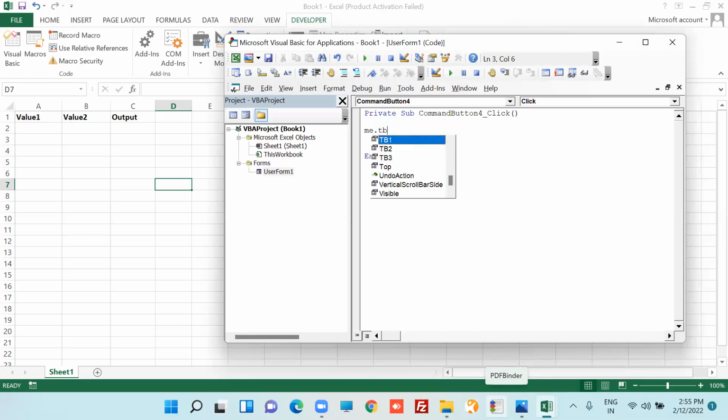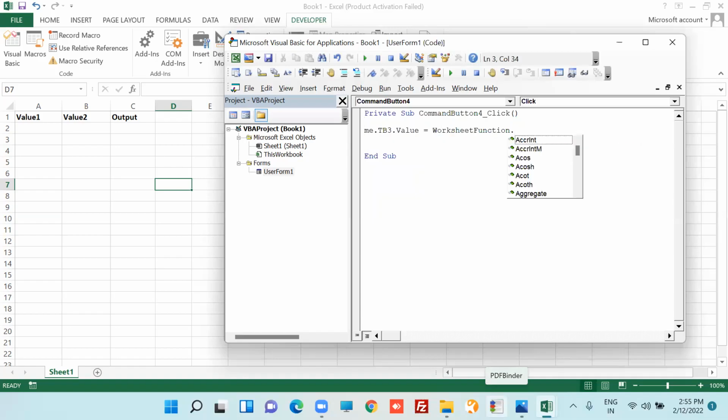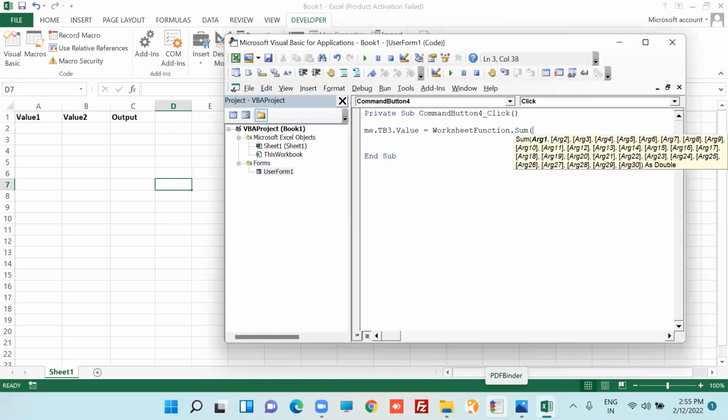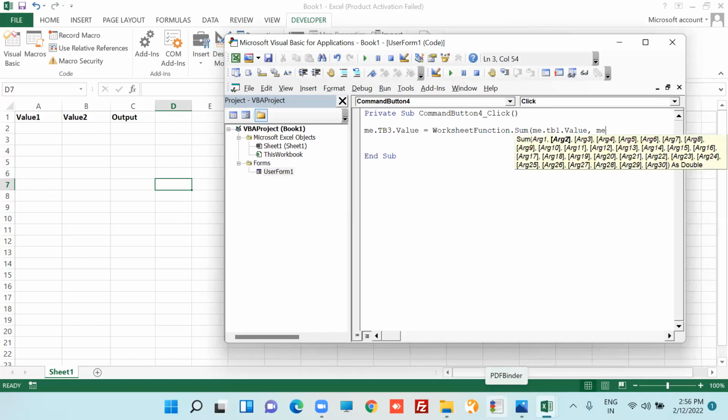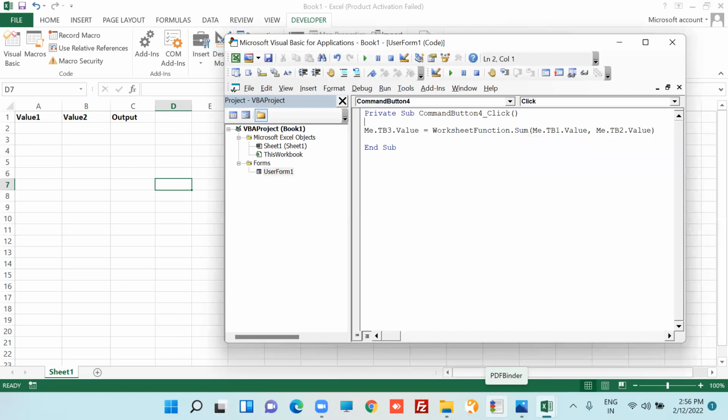I am saying me dot TB3 dot value means the value which I am looking for in my text box 3 should be worksheet function dot sum, and the syntax of sum is number 1, number 2, number 3. So what I'm going to do here is me dot tb1 dot value comma me dot tb2 dot value. So it will do the addition for me. Okay, now